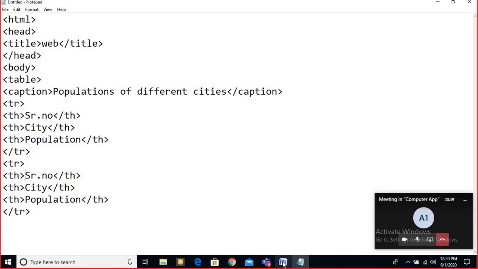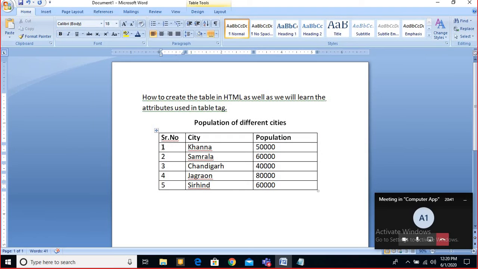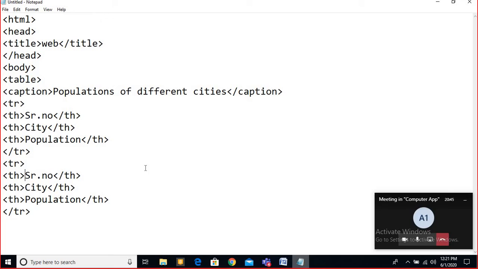But if you look at this data, that data is not bold. Okay, it's simple normal text. So something you want to make bold will always come in the th tag as I wrote earlier. But now the data is normal, so for that I will not use th, I will use the td tag, that is table data or tuple data. Tuple is also a row. So here I will use td.